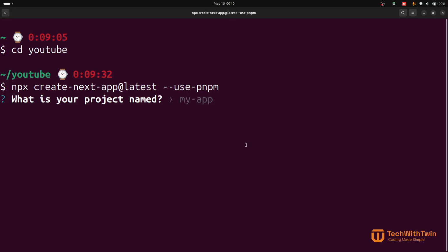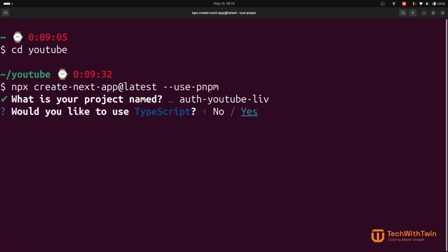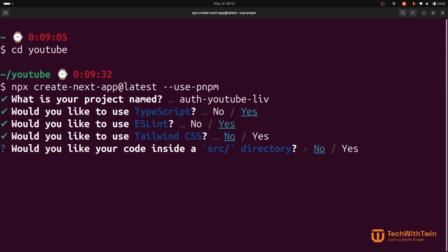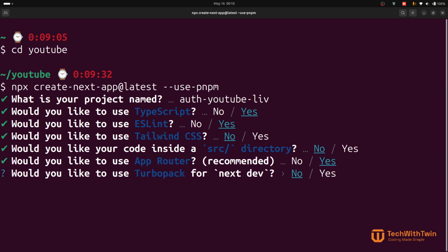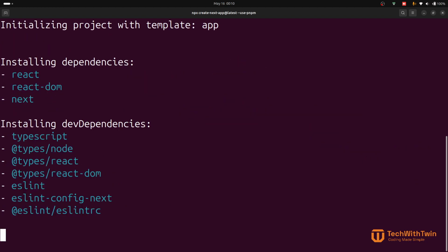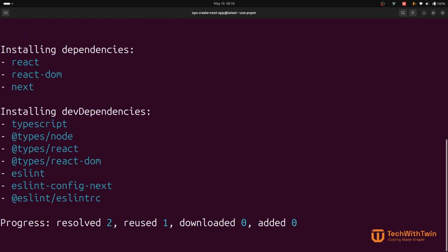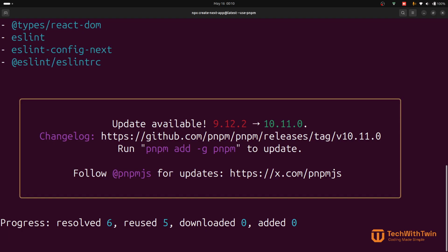Then we wait for it to install. The app name, I'll just call it auth-youtube-live. Yes, I want to use TypeScript. Yes to ESLint, no to Tailwind because we're going to use Chakra UI. Then yes to the app router, no to Turbopack, and no customization. So as this installs,